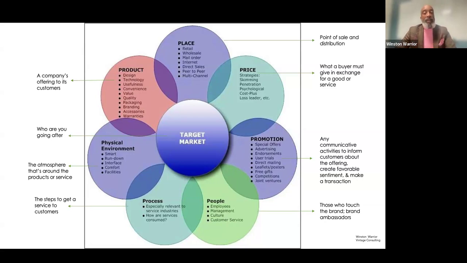And then finally, the product, of course, what you are selling and making sure that is top notch. But these 7 spheres represent what marketing is, and there are processes within each that you need to do in order to make sure that you're successful. Of course, in the amount of time we have, we won't be able to go through all of these, but you need to now be aware: how does price impact my marketing strategy? How does the promotion impact it? How do my people impact it, right? So at least you have this framework to think about.